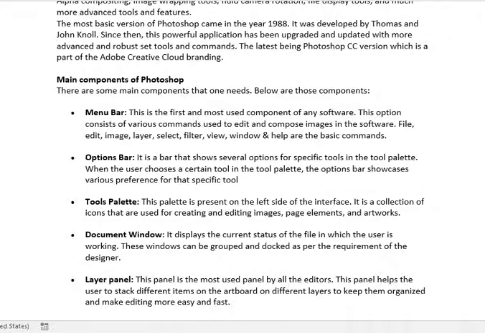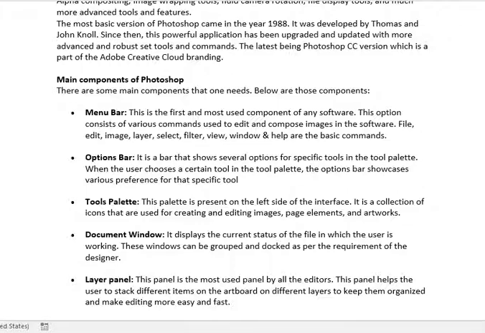For example, if you want to make a rectangular marquee selection, then you can pick the rectangular marquee tool and then pick options like feather, anti-alias or fixed aspect ratio. It shows the preferences of a specific tool.